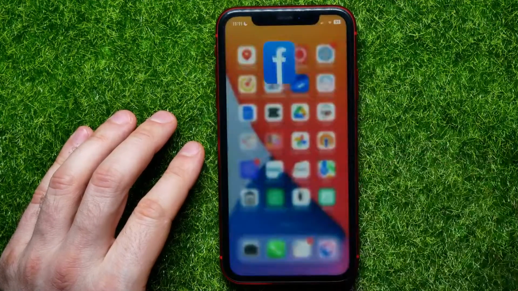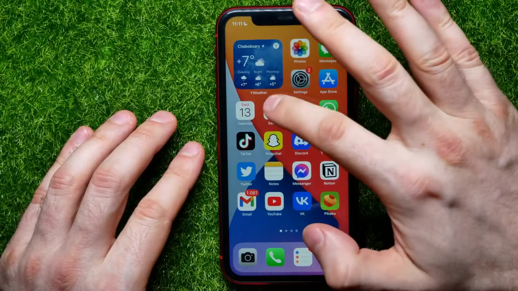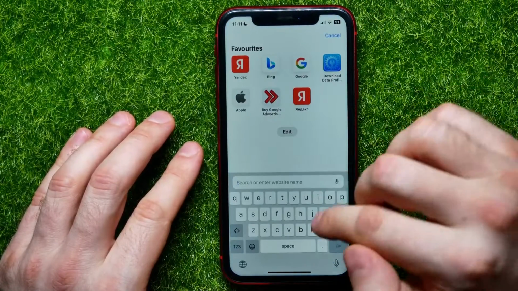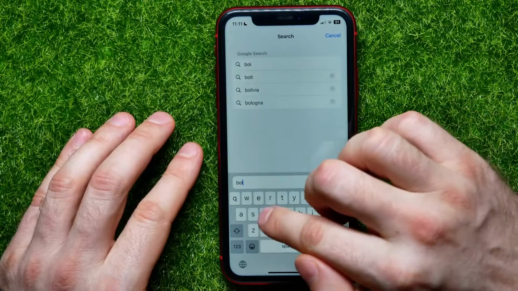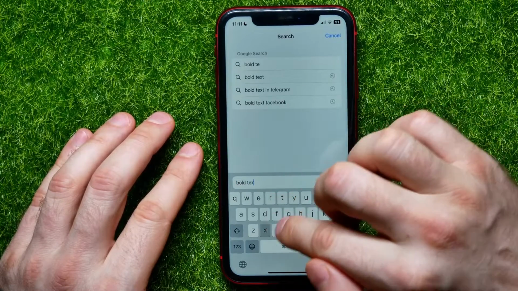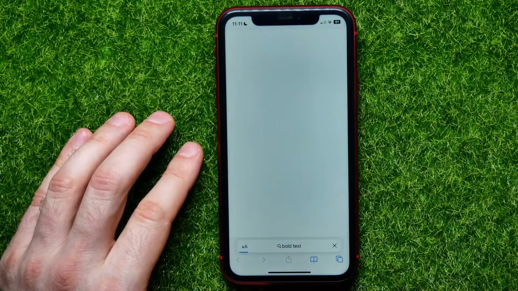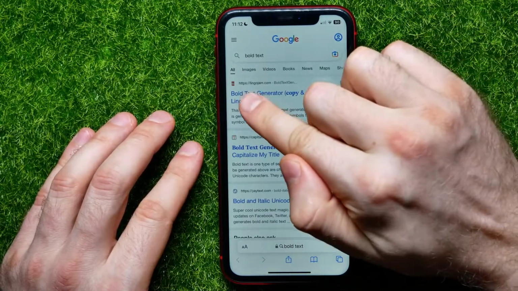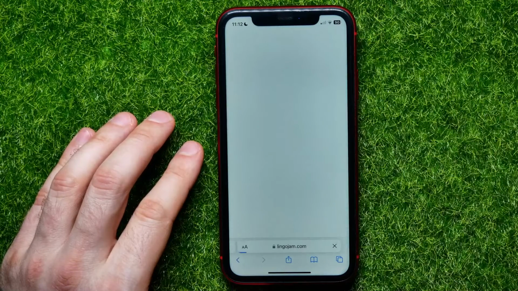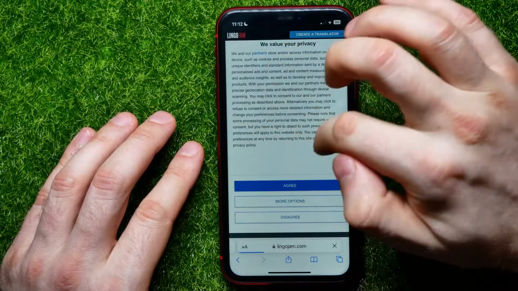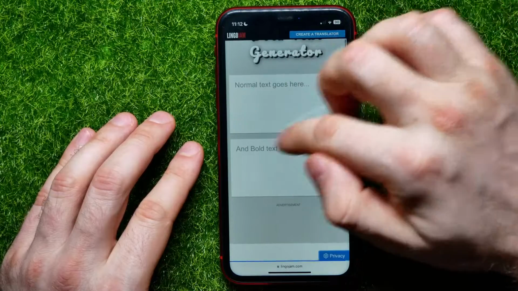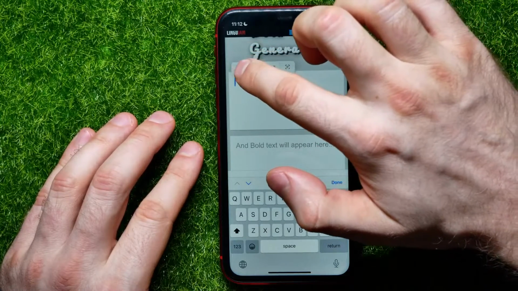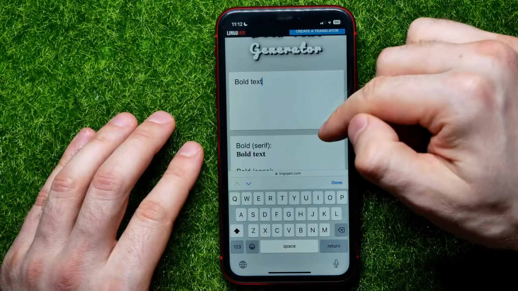Now you can hop out Facebook app and then open up your web browser, where at the search box type in bold text and hit on go. It shows you up different websites. You can tap on lingojam.com and here at the first text field you can paste the text that you have just copied, and now